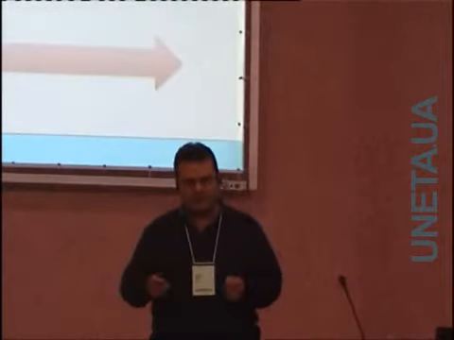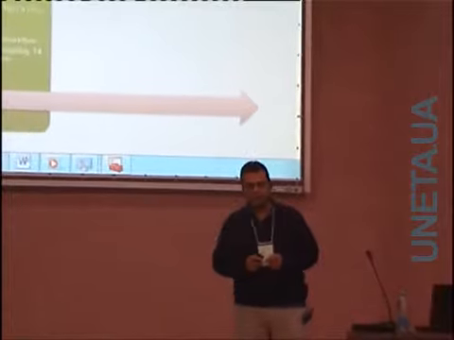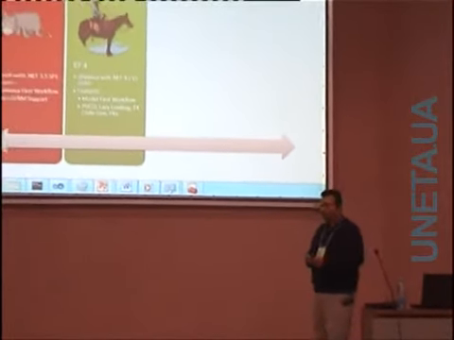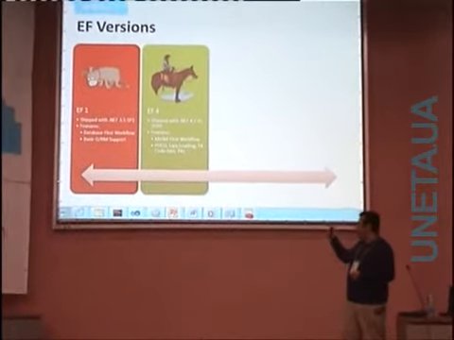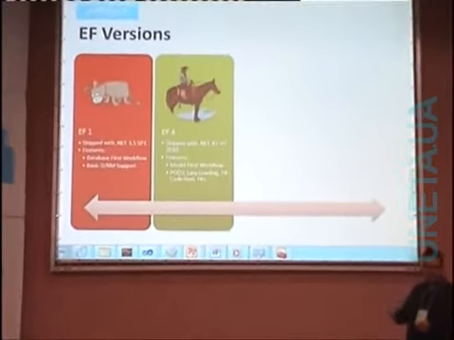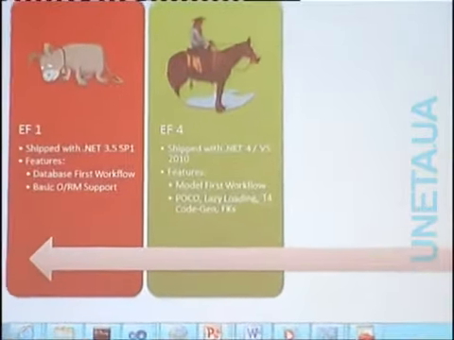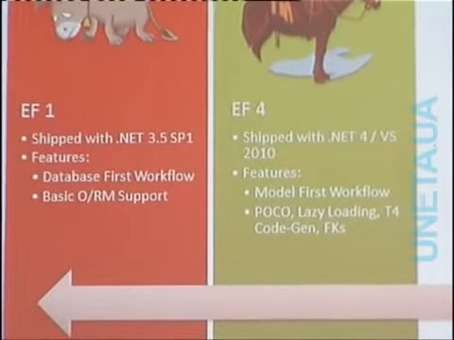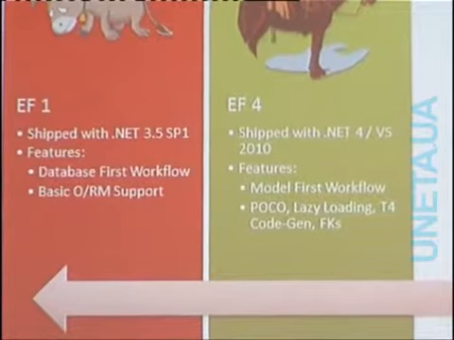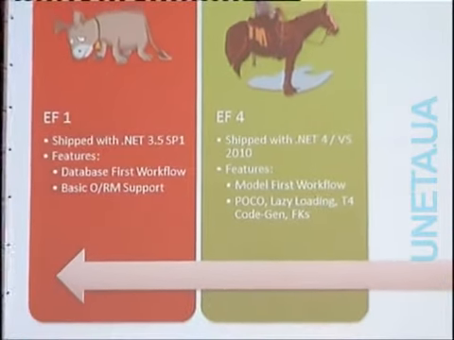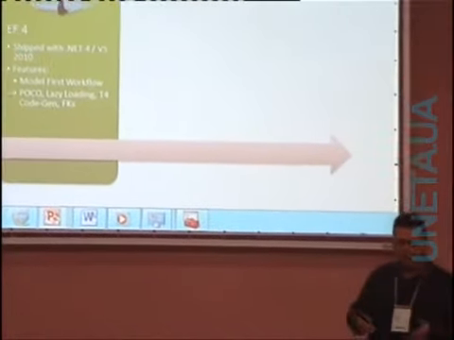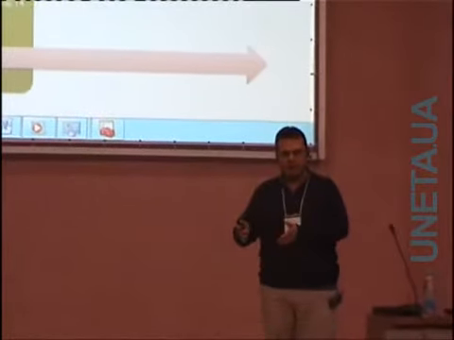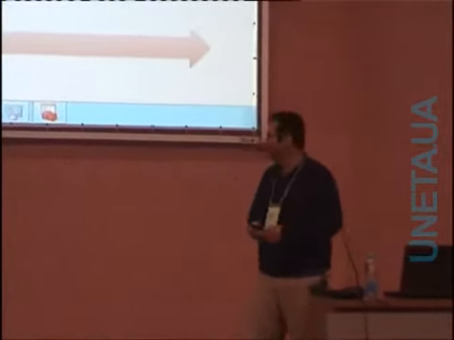We got even some people that took the time to create a vote of no confidence for Entity Framework because it was so basic. So we started working a lot, and we created what we call EF4. Some people joke that we skipped from V1 to V4 because we wanted to make it look like we were really doing a lot. But the actual reason was we wanted to align with the version of the .NET Framework, and since the EF was part of the .NET Framework 4, we wanted to say EF4, the same way that ASP.NET 4 is the version that comes with .NET 4.